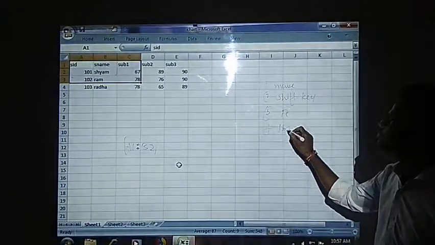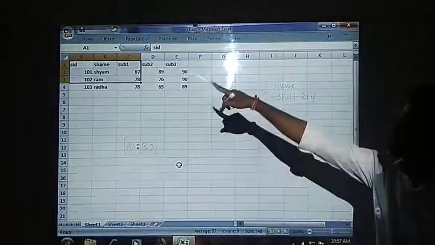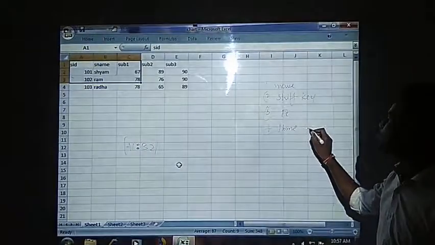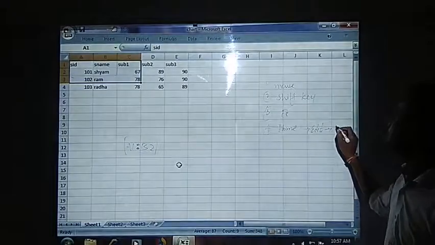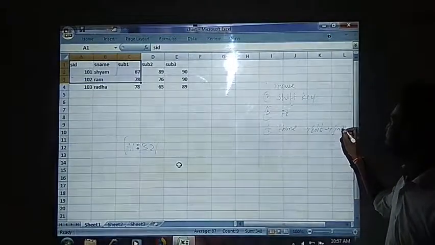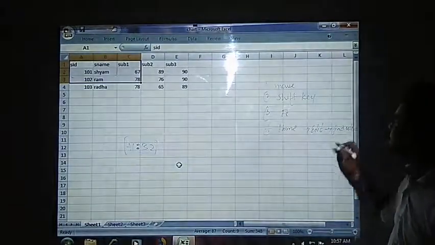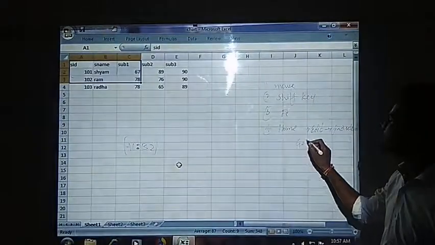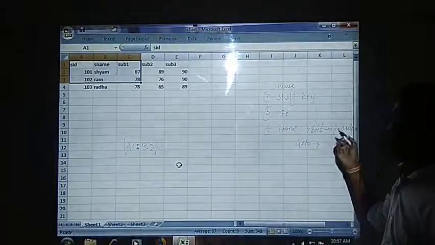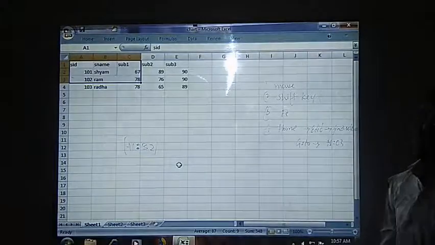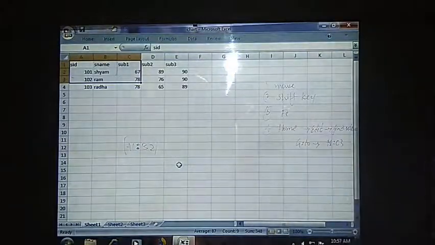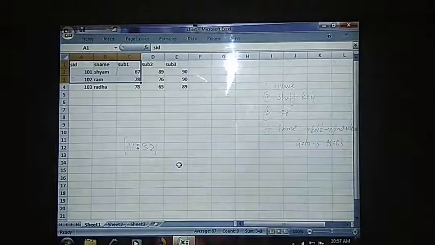And the fourth one is the home tab. In the home tab you will have the editing group. In that editing group you will have find and select. After clicking this you will find go to. In that go to you need to specify the range. Here I have mentioned A1 to C3. Like this you need to specify the range. These are the options in order to select the